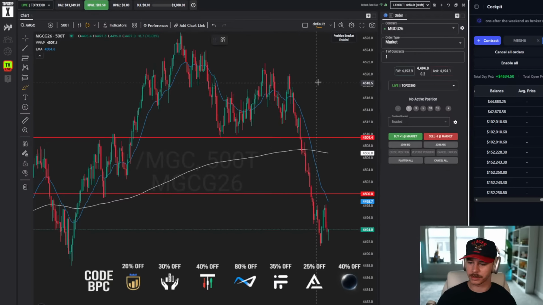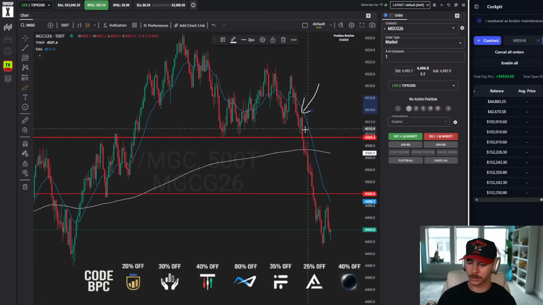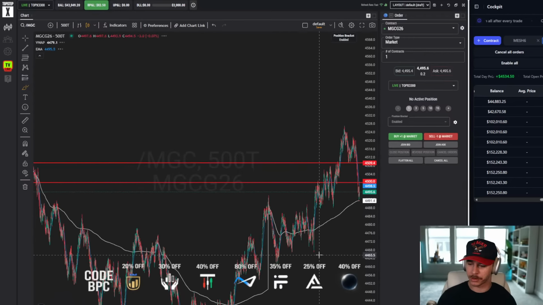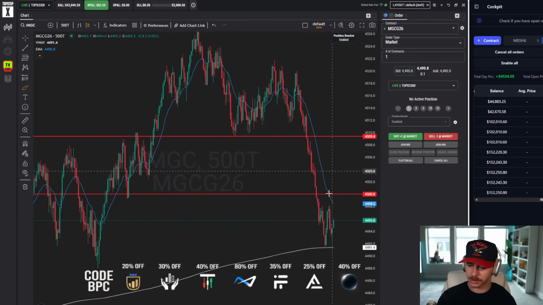As we saw a kind of aggressive push back into the low, I got short, built a position. I like this pivot back off of 513. I added there. Scaled out, had one left, scaled out there. Could have done way better on the exits in hindsight, but that was kind of an outlier move. That's a big dump on gold on a Friday. I didn't expect it to go so damn low.